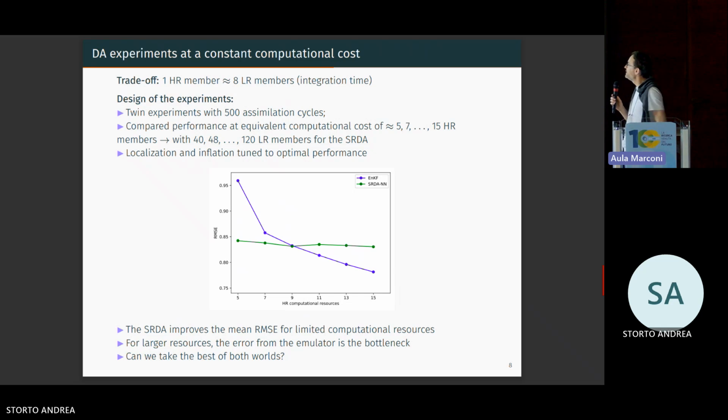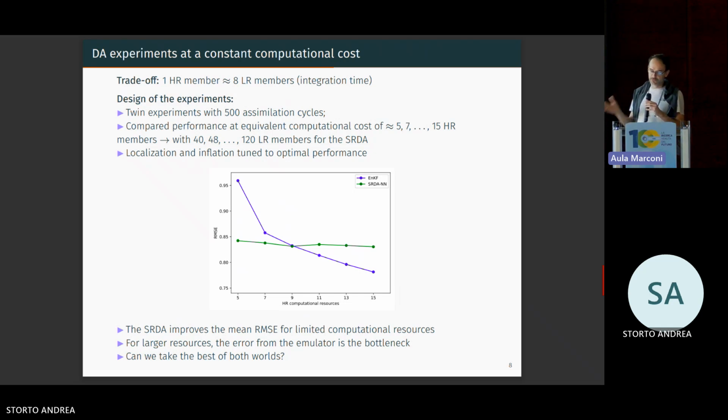Now, if we consider DA experiments with constant computational cost of integration, we consider the trade-off between integrating high resolution members and low resolution members. In this case, running one high resolution member is equivalent to running 8 low resolution members. And here again, we performed twin experiments with 500 assimilation cycles, and we compared the performance at equivalent computational cost